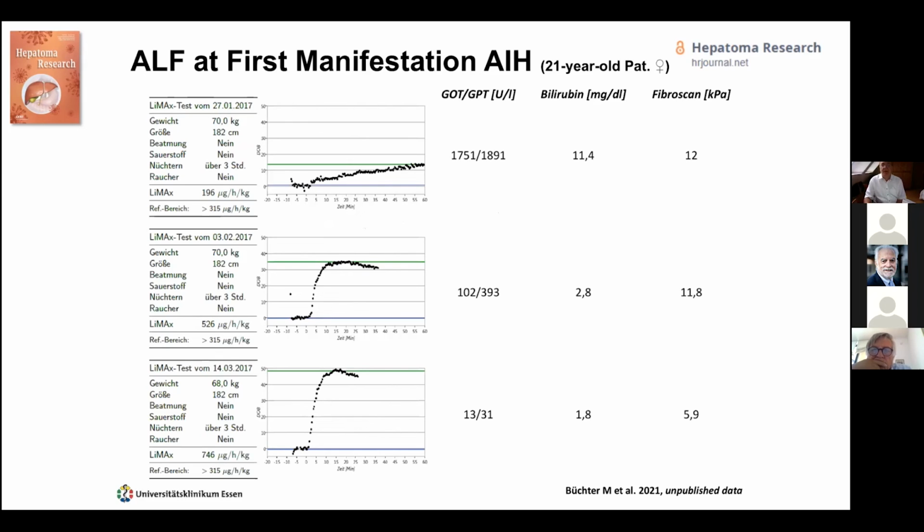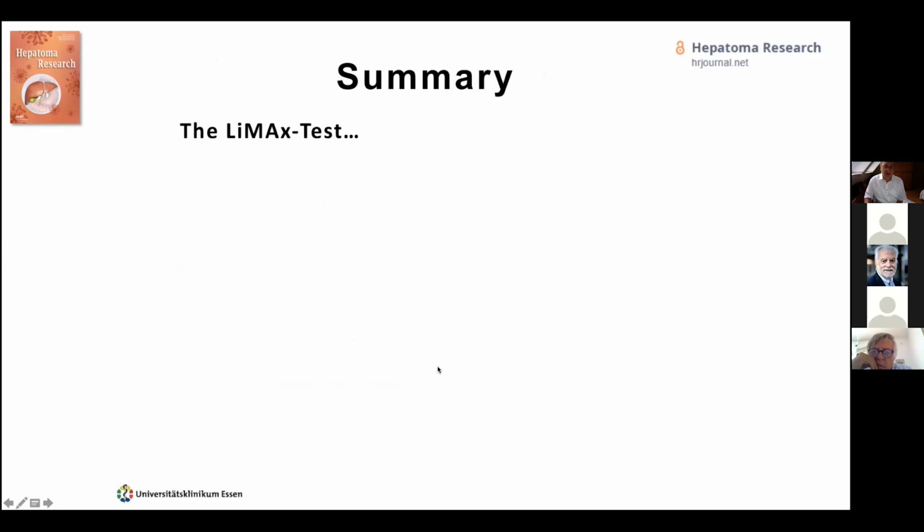And also, last but not least, a patient with autoimmune disease, a young girl with a very high titer acute hepatitis, fulminant hepatitis, and high bilirubin, and this patient had a very bad LIMAX in the beginning. We already did treatment with steroids, and you can see in a short time the liver function completely restored, the liver function completely got normal, and stayed normal also after the cessation of the steroid treatment. So it is very helpful also to monitor patients during and after treatment, whatever you do, maybe also with programmed